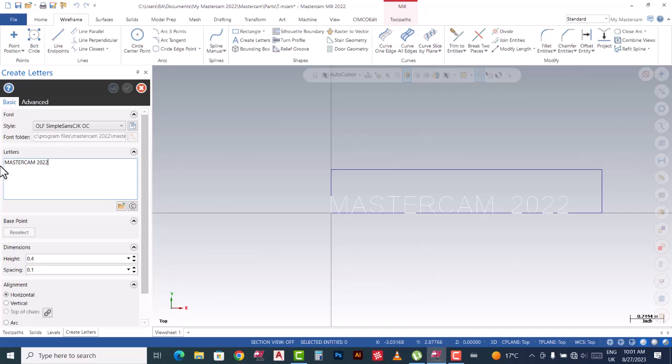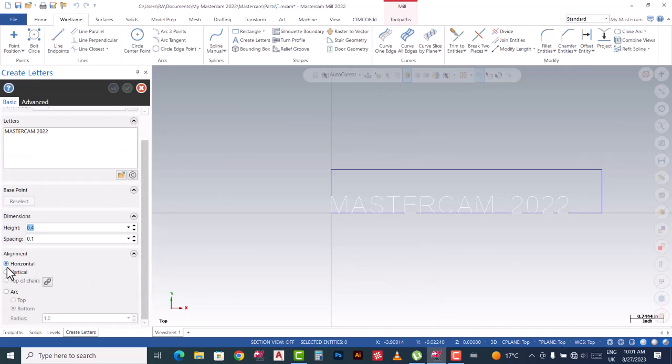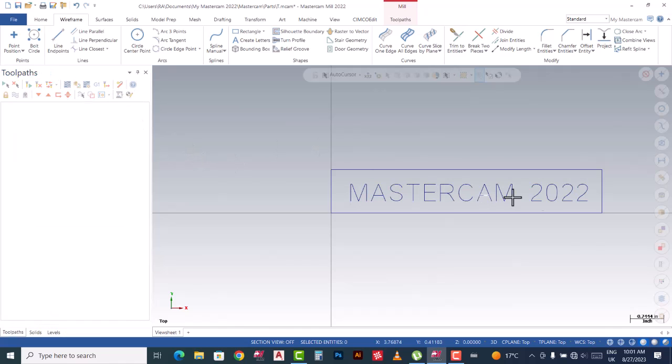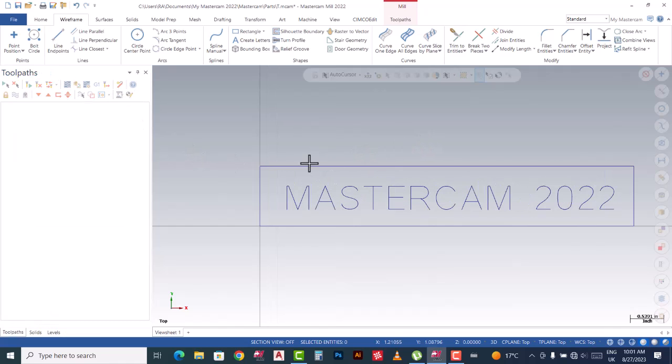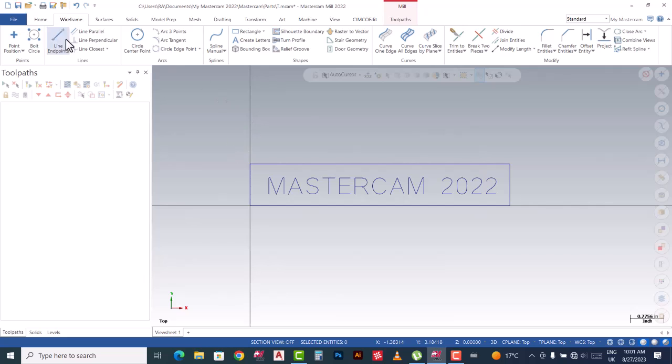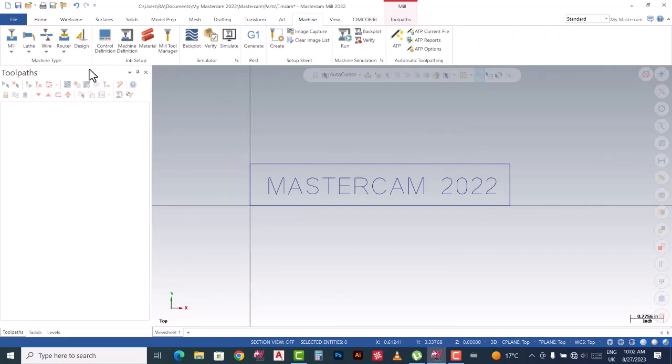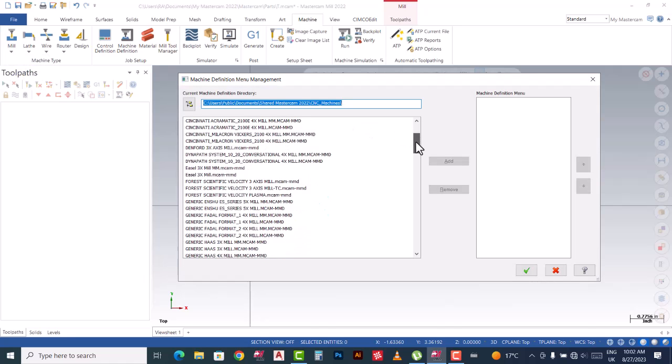height and spacing. Let's say I'll put 0.5 inches for the height and 0.1 spacing. Then for alignment choose rectangle, then click inside the rectangle just to make the letters in the center of the box, then click OK. After that go to the menu bar, choose Machine, then choose Mill, and inside the mill choose